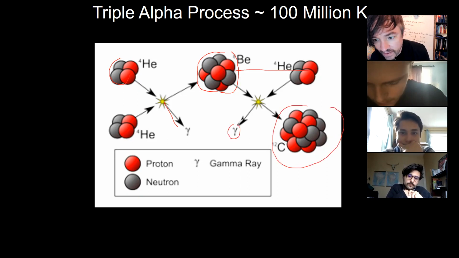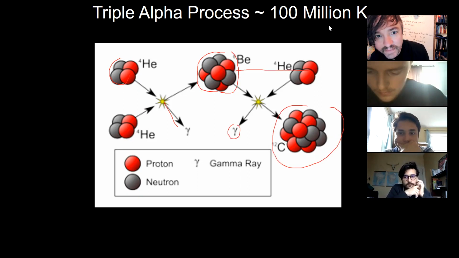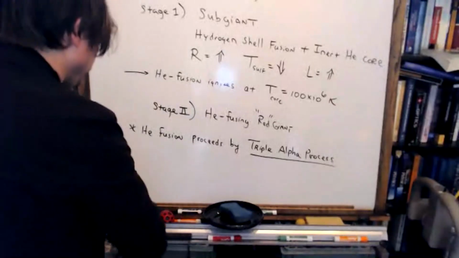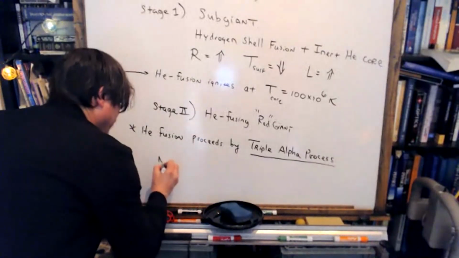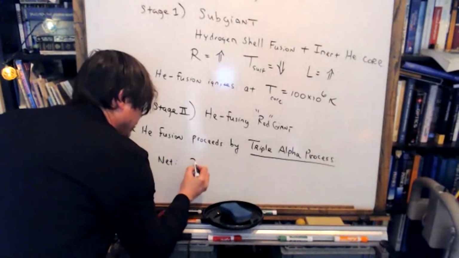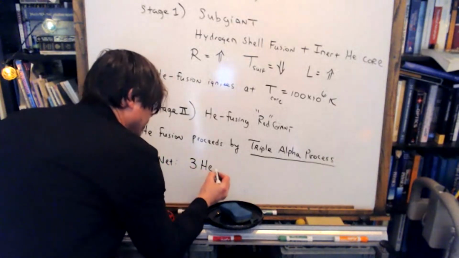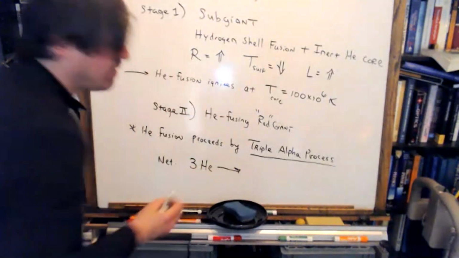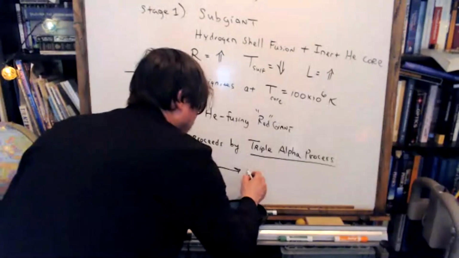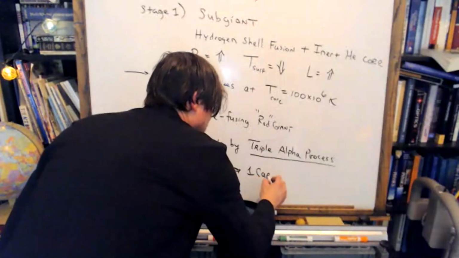releases another gamma ray. So let's write down the net, oh, by the way, I want to have a kids break on beryllium in just a second, because beryllium is kind of a weird atom that's fun to talk about. But let's write down the net reaction. The net reaction is 3 heliums are basically colliding to make 1 carbon